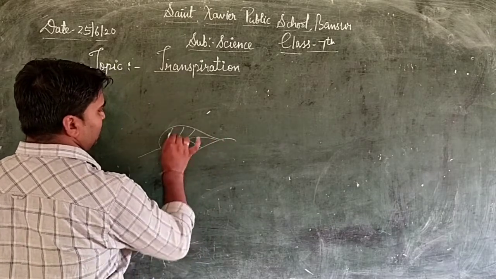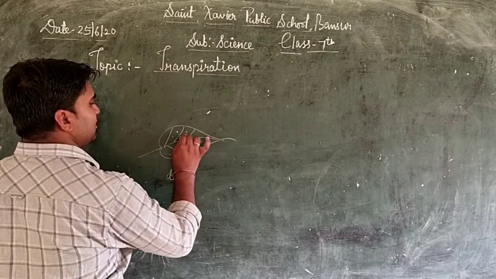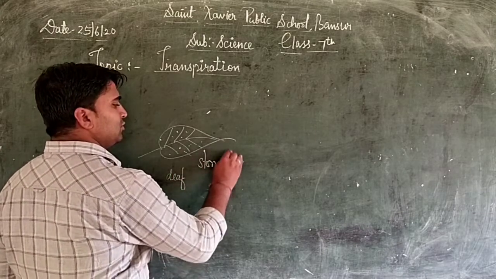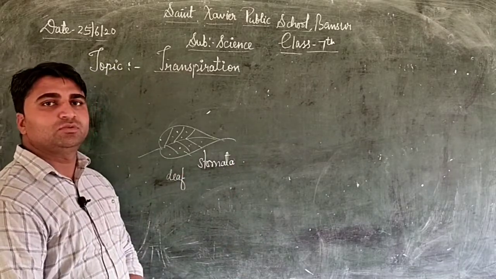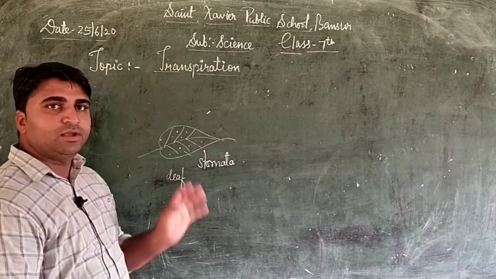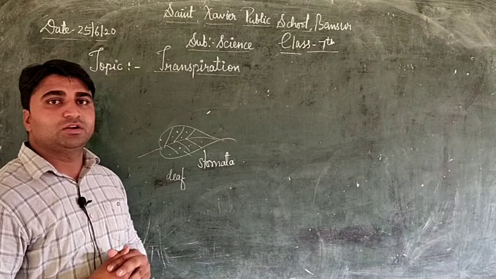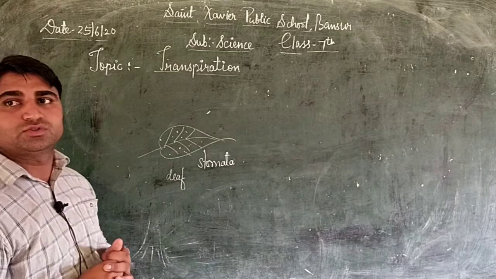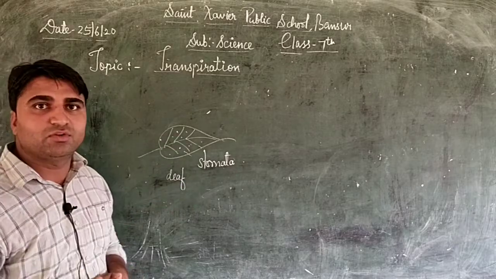As I told you yesterday, from the leaf many pores are there. These pores are stomata. Through these stomata, two works happen. The first work is that it helps to capture the sunlight. The second thing, it excretes the waste product. It also takes part in the loss of water. So a process of losing water through the surface of leaf is